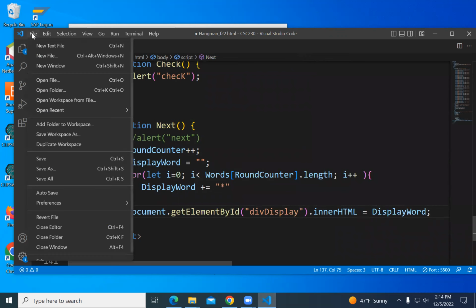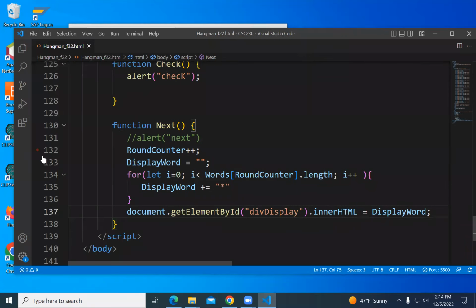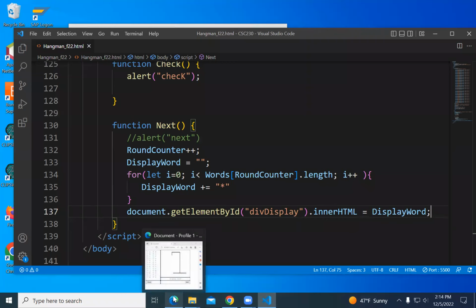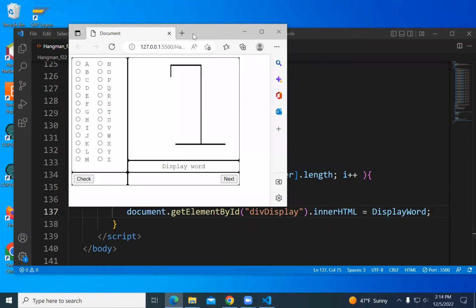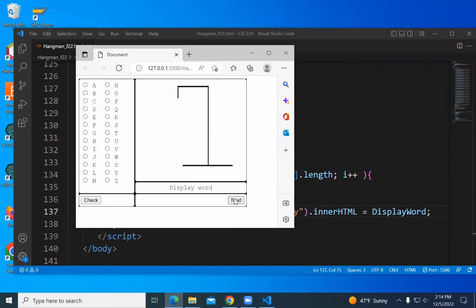All right. So I click next, and there's my display word.